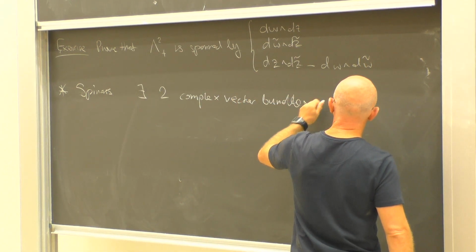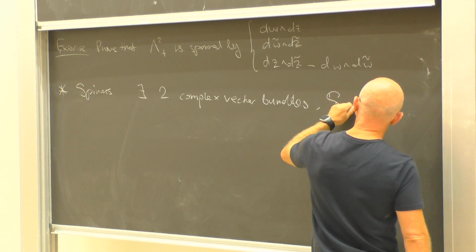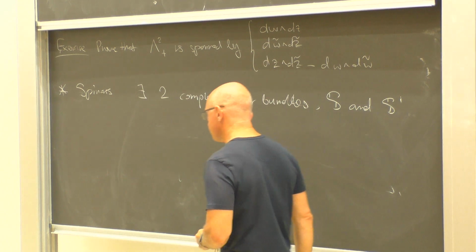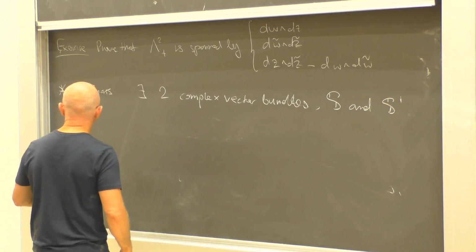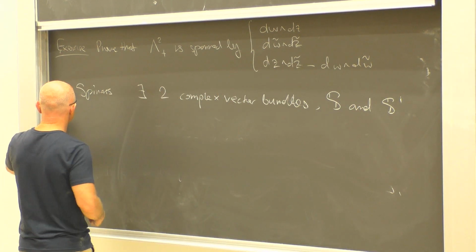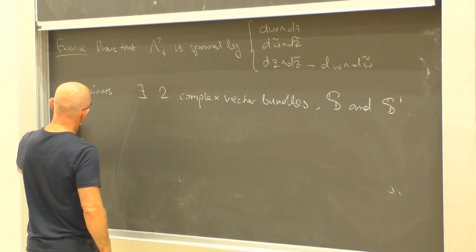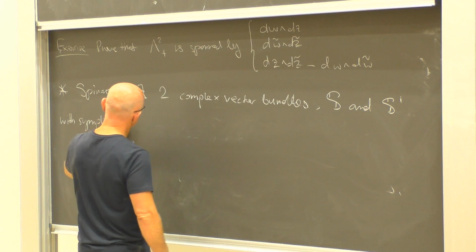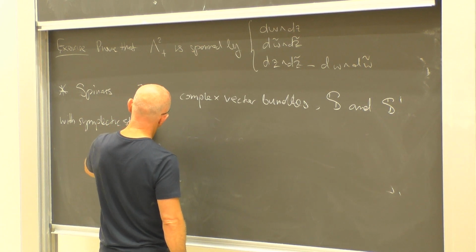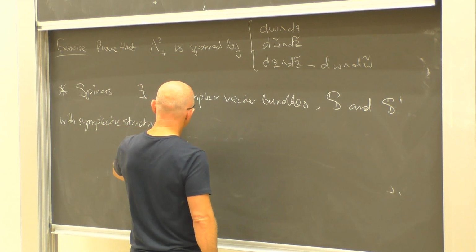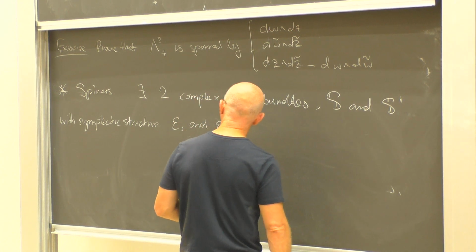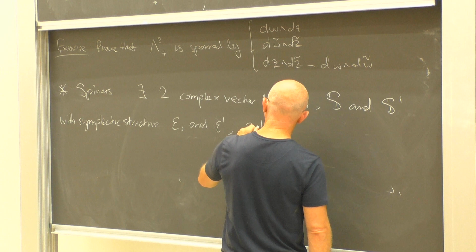Call them S and S prime, and they are both equipped with symplectic structures, so they're symplectic vector bundles, epsilon and epsilon prime, such that